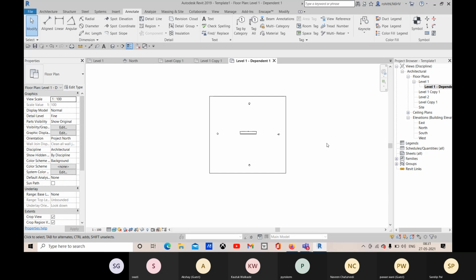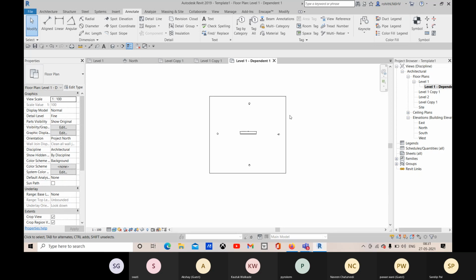For that you can choose duplicate as dependent, so that you can understand that these are part of level 1, or the ground floor. So this way you can add.